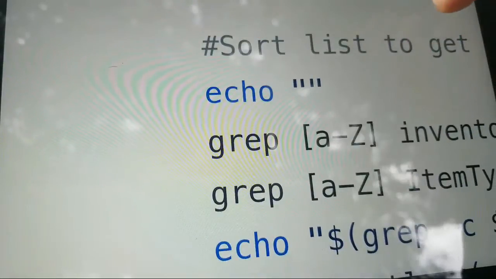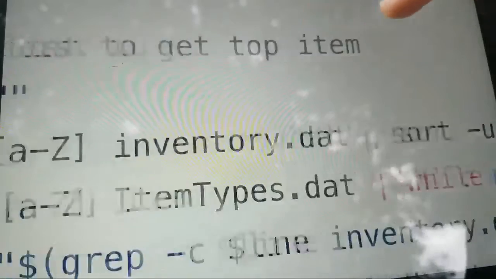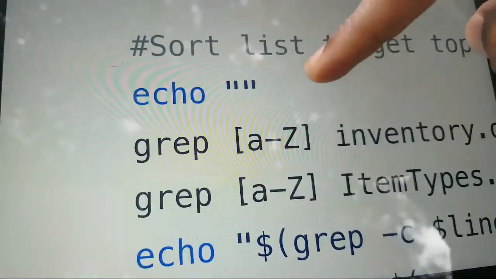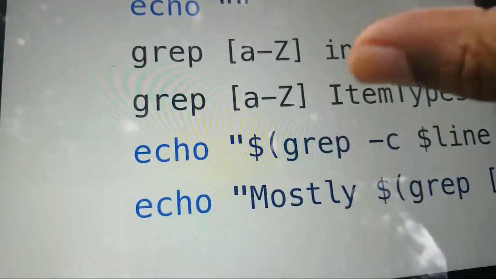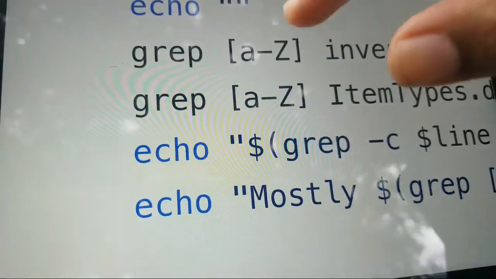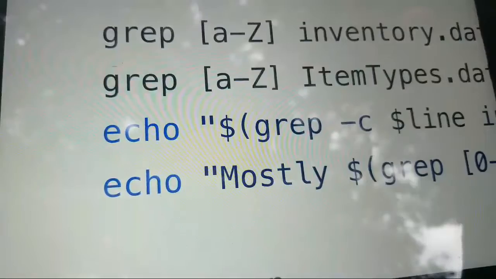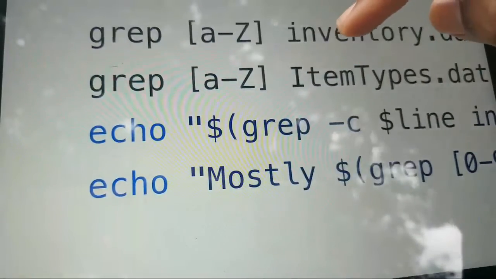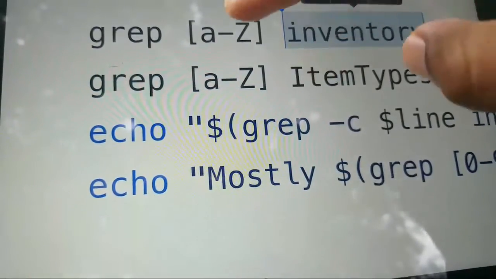And now here's the sorting of the list. Sort list to get the top item, right? So I just put a blank line, echo with parentheses, whatever, quotes. So that's going to be just a blank line, right? So now here's where the magic happens. So we grep